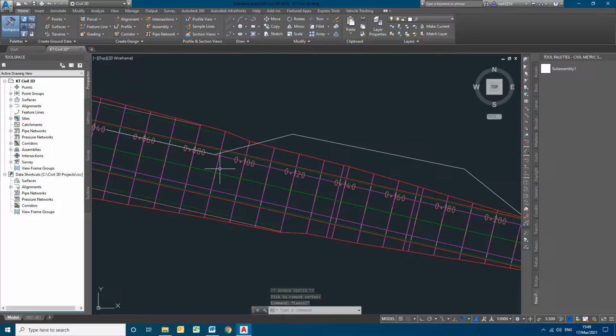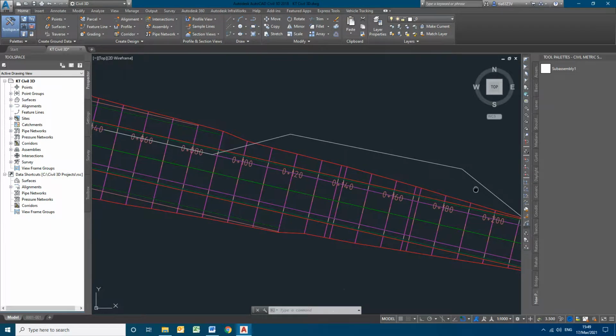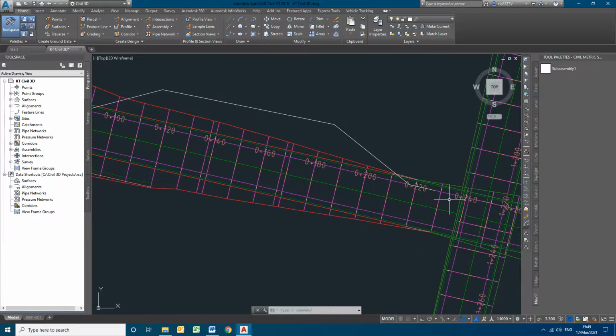So our carriageway or our bituminous section should be spreading evenly up to this bus bay area and all, and again closing to the taper and coming to the normal section.